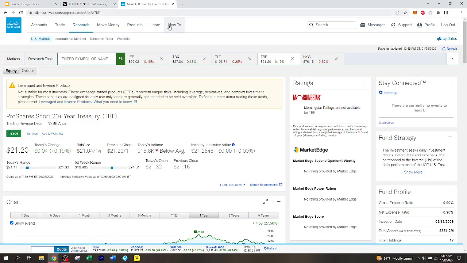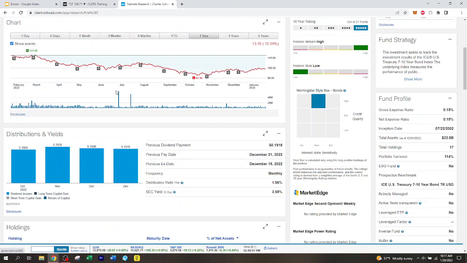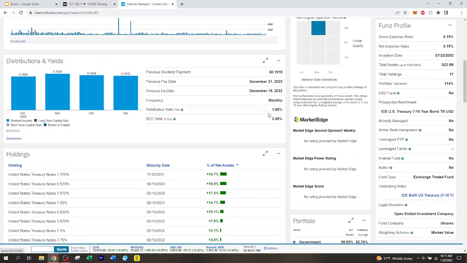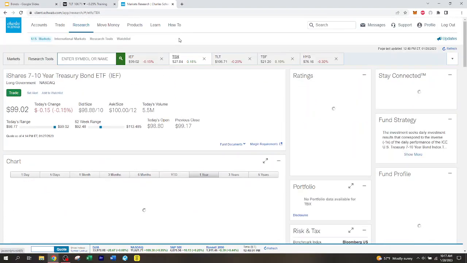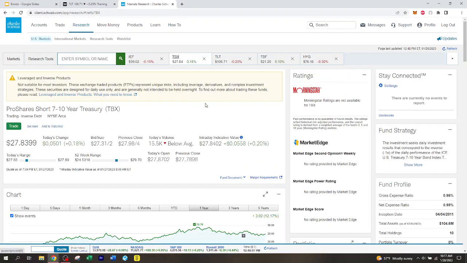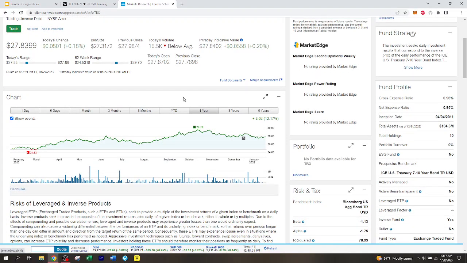So how do you trade? How do you get exposure to bonds and to bond yields? So like I said, the IEF, that's just an ETF you can buy. It trades just like anything else, and then you'll get a monthly distribution to reflect the yield that you're getting. How you trade the interest rate of the 10-year yield is the inverse of the IEF. If you want exposure to the interest rate itself, you'll have to use futures for that, but I don't recommend that for any retail investors, to anybody new to the market.